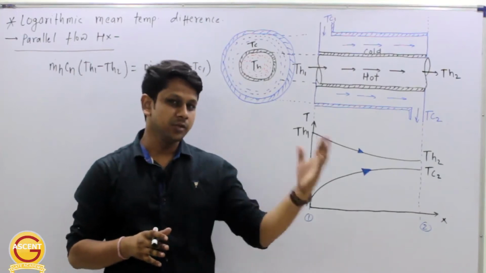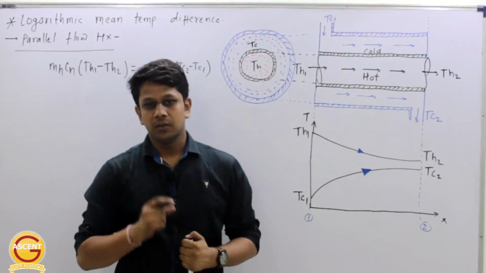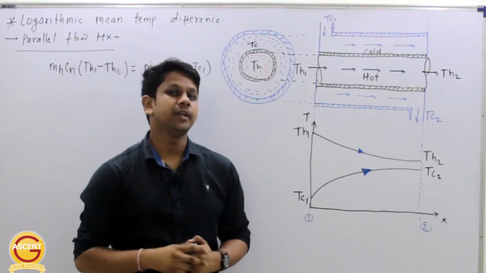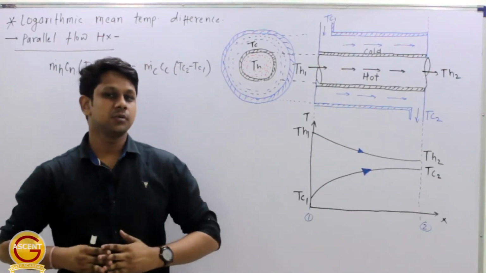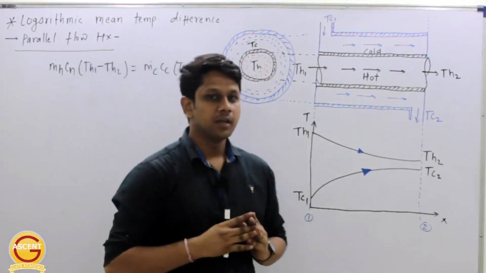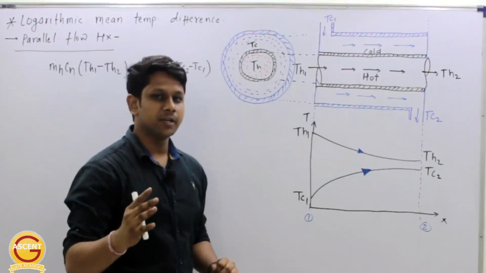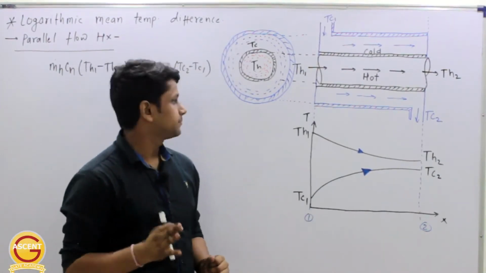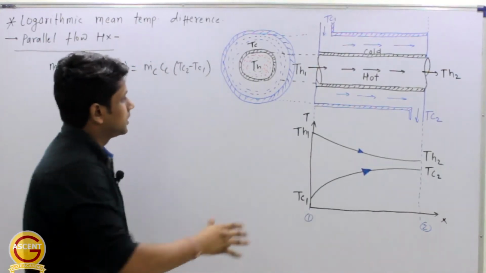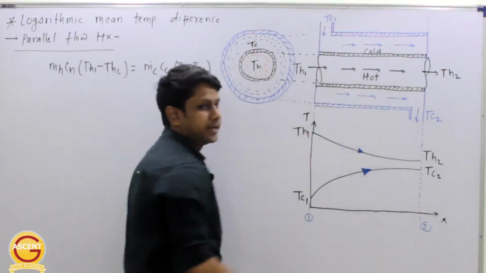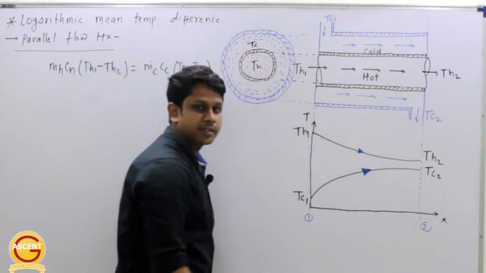As I told you in conduction, this overall heat transfer coefficient U will be used when we discuss the heat exchangers. So now you will come to know what is the importance of this overall heat transfer coefficient. Okay, so see carefully, just relax. This is an easy topic, but it is very important, right? Now, as we have seen, this is the arrangement of a parallel flow heat exchanger, right? Both the fluids are moving in the same direction.